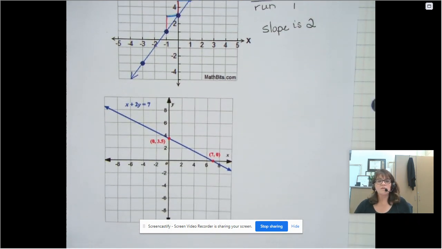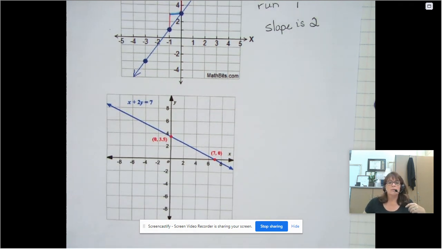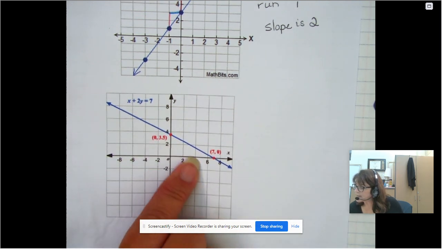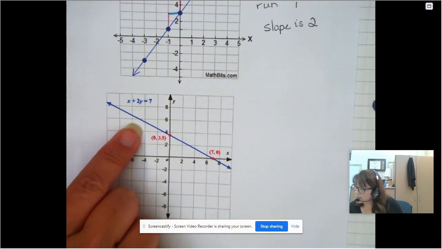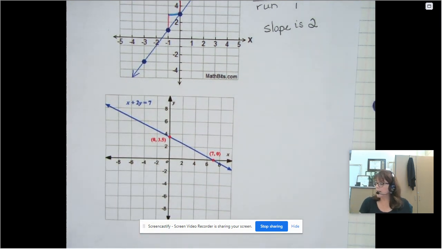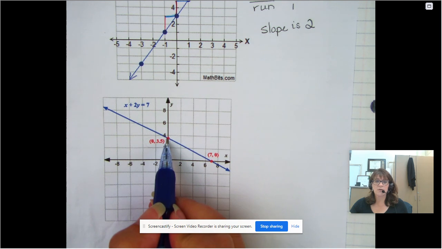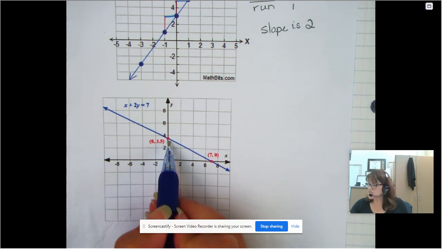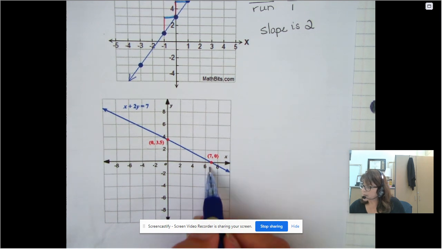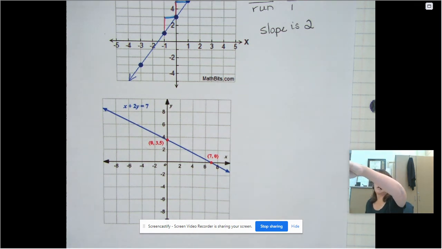Now this one has a negative slope. I know it's negative because it's going downhill. This one's also a little bit tougher because it doesn't cross right on exact points very well. And there are reasons for that. So you could use these numbers when the points aren't clear. It's just a little bit less than 4 or it's a little bit more than 6. Instead, you could use these numbers and your formula